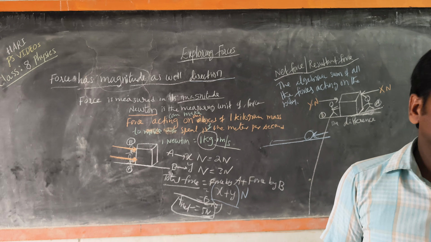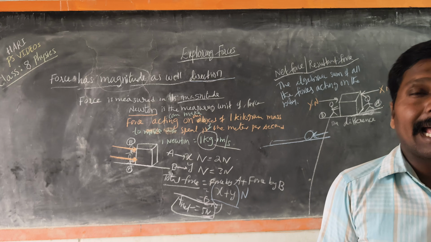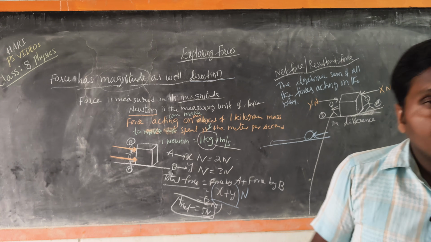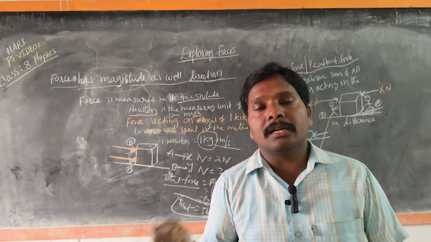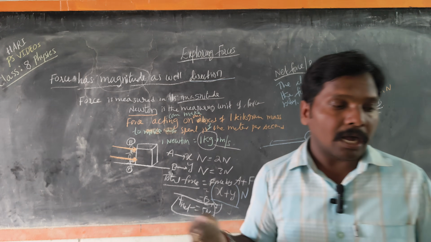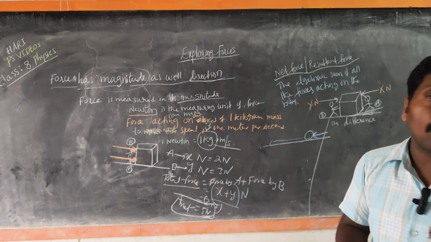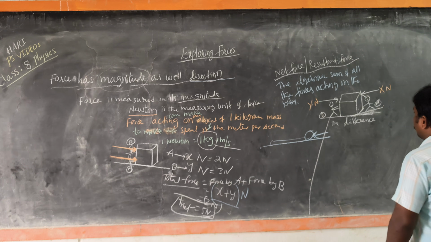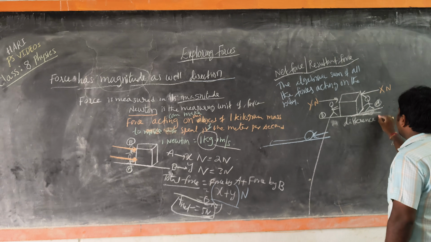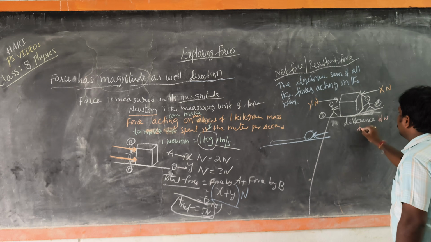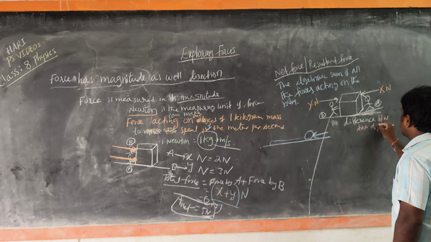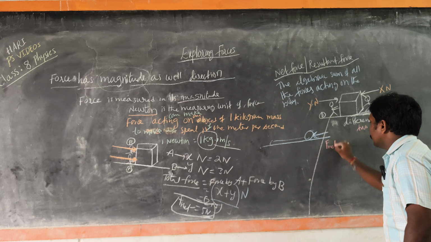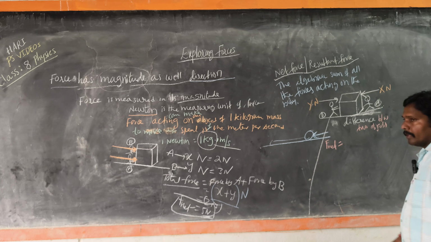So if two forces are applied on an object in the opposite direction, then the net force or the resultant force acting on the object is equal to the difference between the two forces. You have to take the difference between the two forces. That means we can write F net is equal to